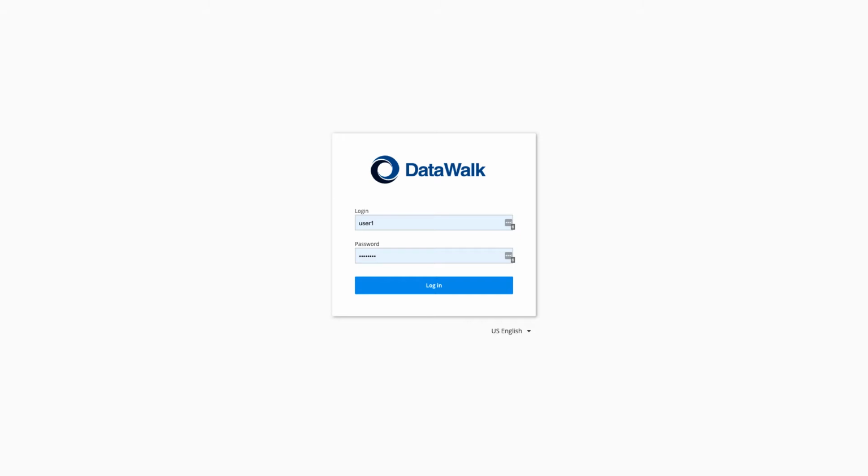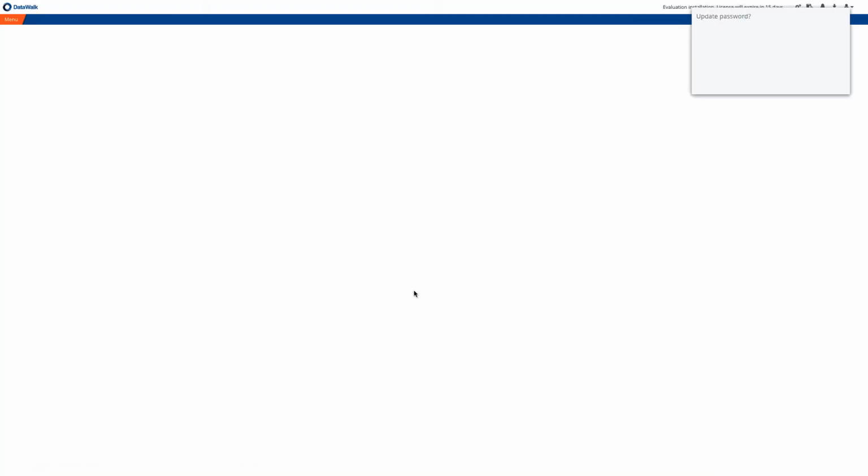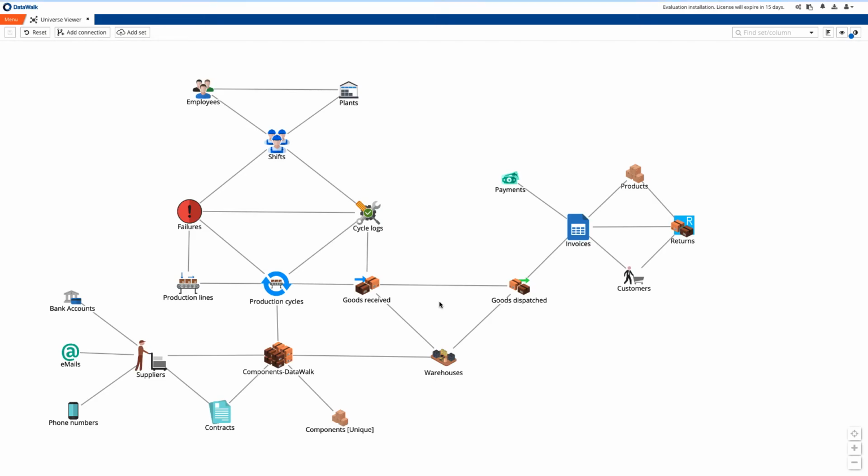This demonstration shows how DataWalk software provides a simple, intuitive solution for ad hoc, no-code querying. DataWalk is uniquely effective for complex queries, ensuring that these complex queries complete very rapidly, even with vast amounts of data. In this demo, we'll highlight DataWalk's capabilities for querying using a small sample of fictitious data representing a B2B